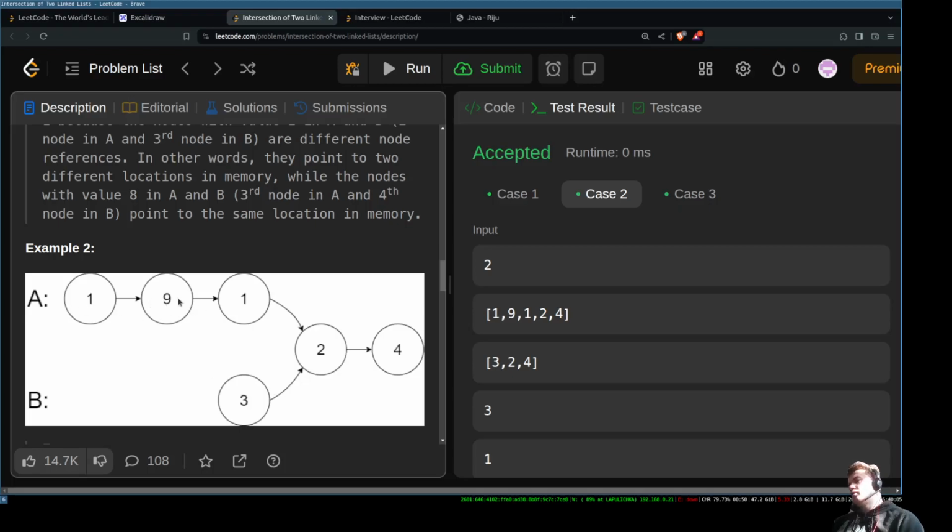I can figure out the length of list A or list B. So I can save the length until I reach the tail for A, and I can get the length for B. And then, basically, what I'll do,